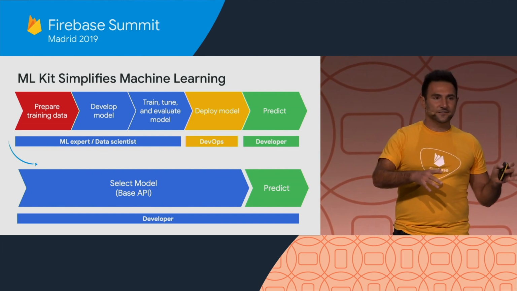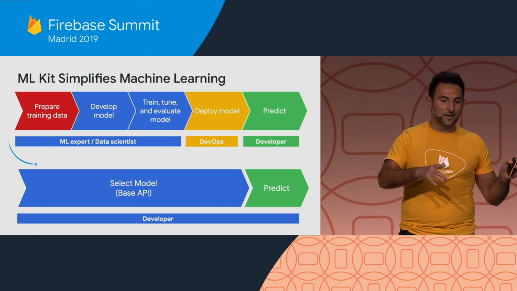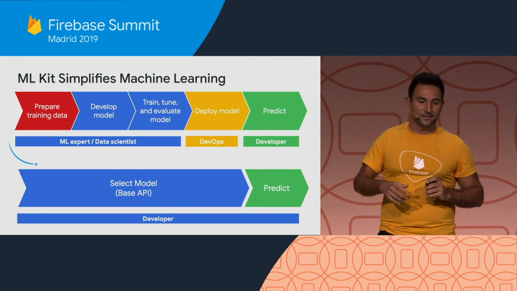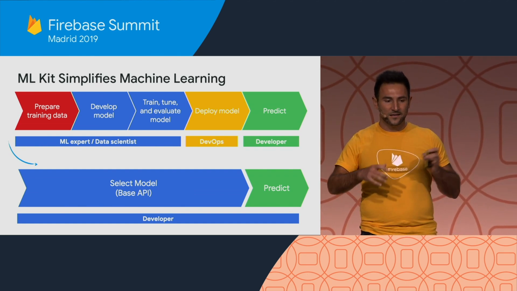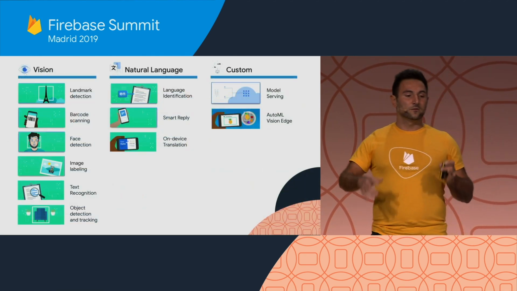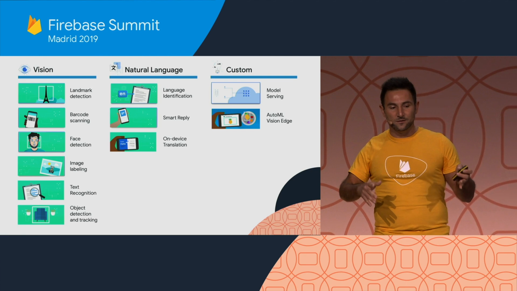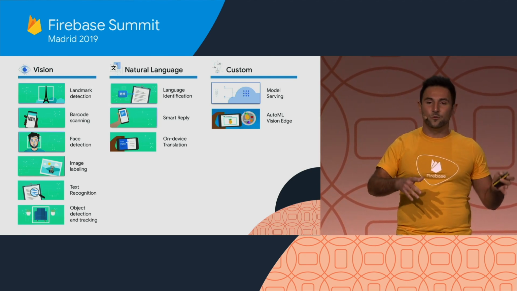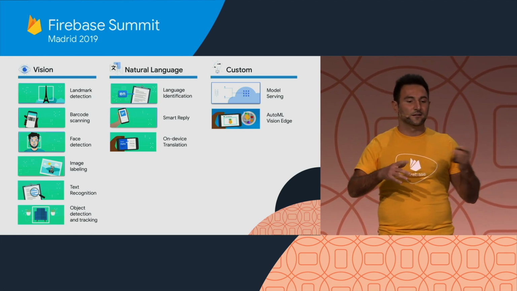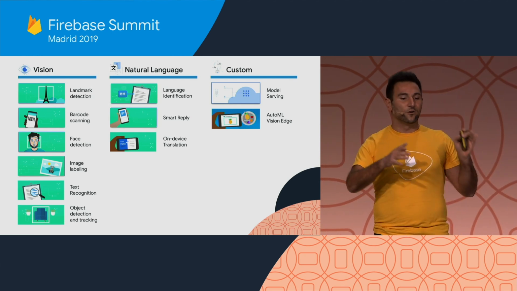They work both in iOS and Android devices, and we will have cloud APIs as well as on-device APIs. If you are an advanced user, you can still use ML Kit to host your models. And it's only a few lines of code to implement. Currently we have vision APIs such as barcode scanning, face detection, image labeling, text recognition, object detection, all out of the box. And we have natural language APIs such as language identification, smart replies, conversational smart reply,